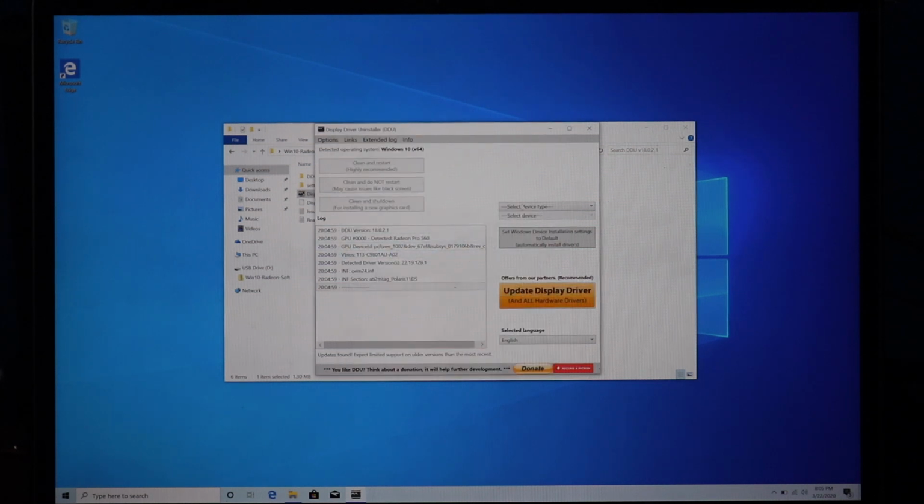Okay, once it actually decides to work, on the right here, click GPU, AMD, and then just remove it with,